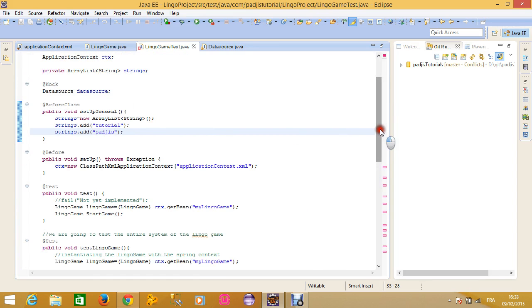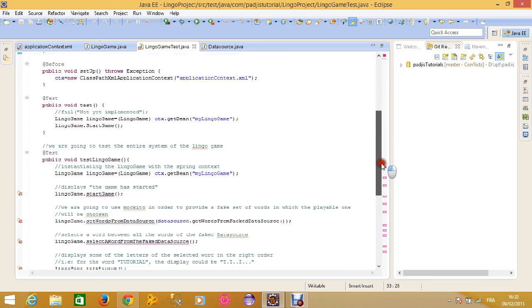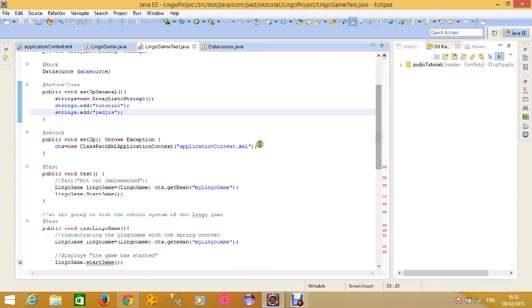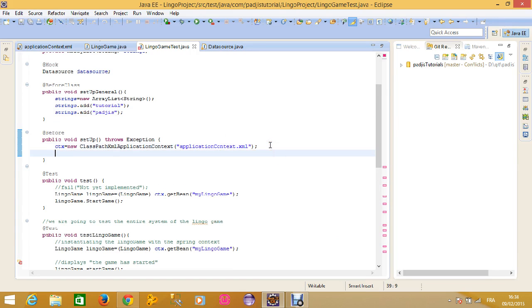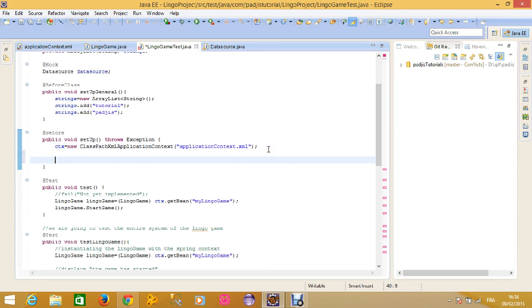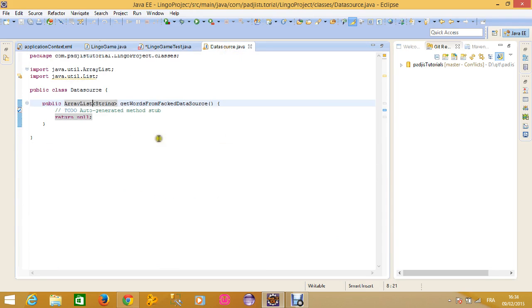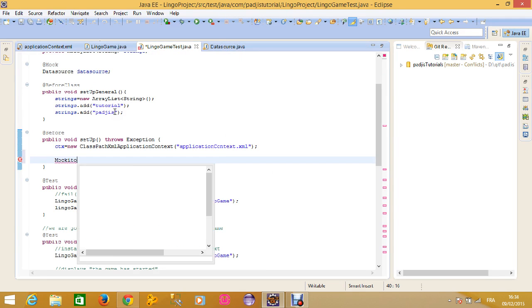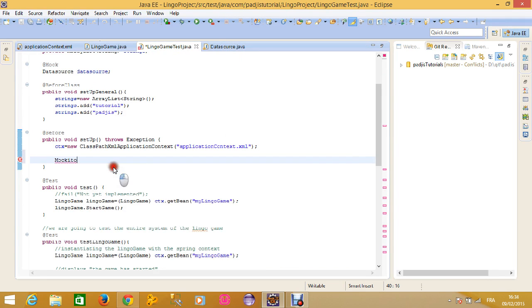Well, the next step now is to say to Mockito that it should mock this method with this result. And the way to do that is to use the Mockito annotation. Mockito dot